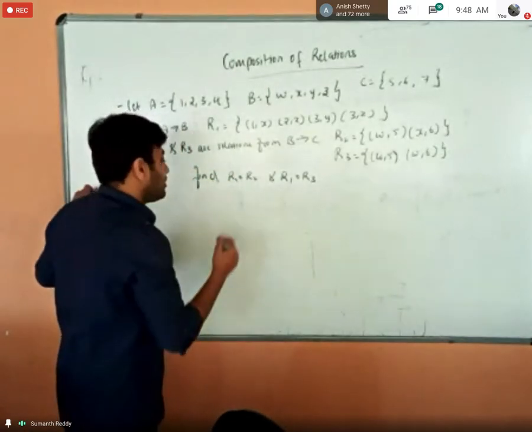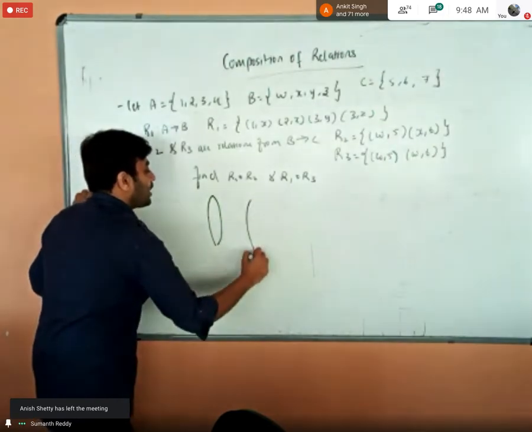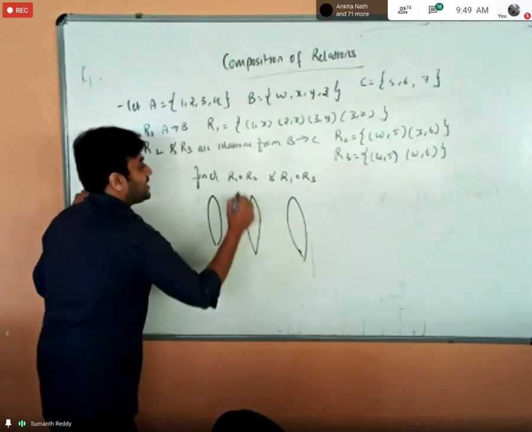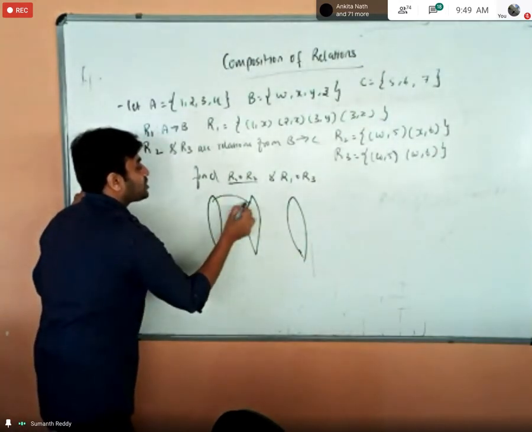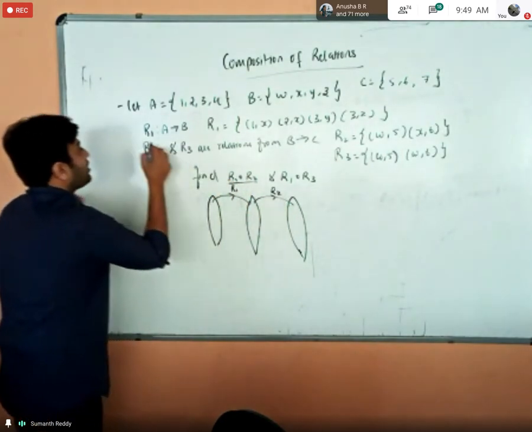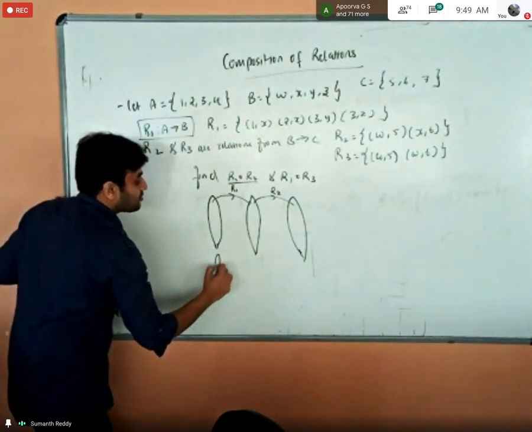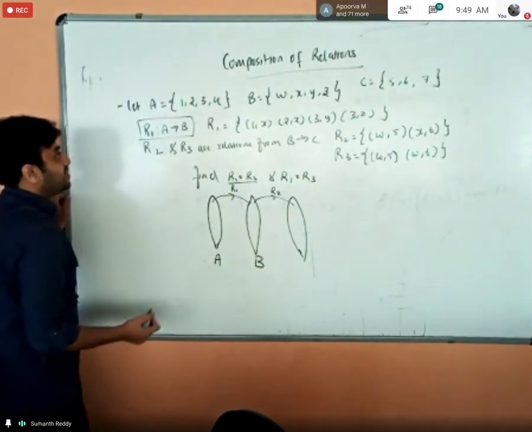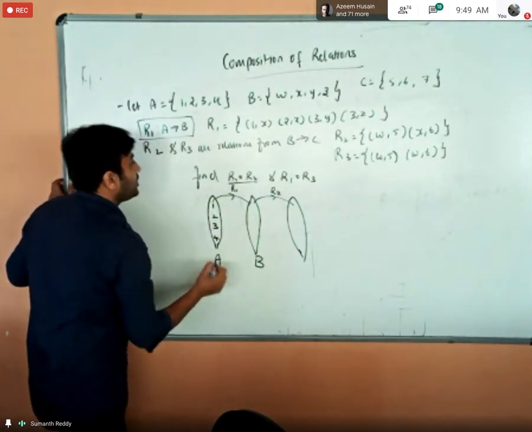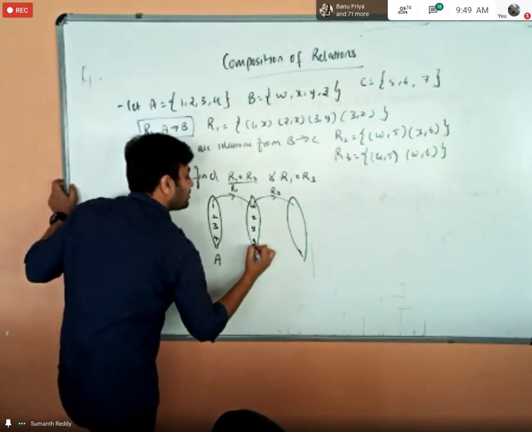But still in the exam, as I told you, if you have to get the full marks, you have to first write the arrow diagram. So you have to represent the composition of a relation first. Since he is asking R1 composition of R2, first you need to represent R1, next you need to represent R2. You already know that R1 is a relation from set A to set B, so you have to include all the elements of set A and set B. Set A contains the elements 1, 2, 3, 4. Set B contains the elements W, X, Y, Z.